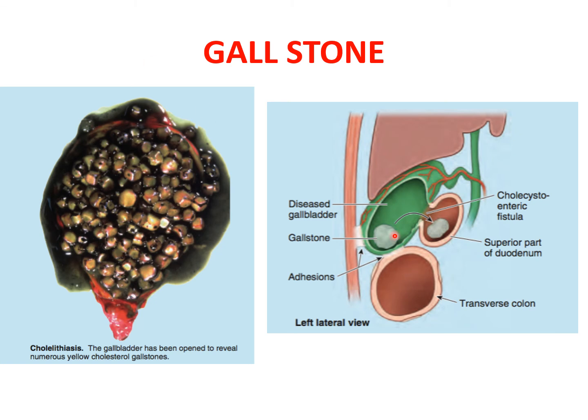A dilated and inflamed gallbladder, because of its proximity to the transverse colon, apart from the superior part of the duodenum, may result in the passage of gallstones from the gallbladder to the transverse colon also, because of the development of an abnormal fistula between the two. If it enters the small intestine, it may result in intestinal obstruction also.